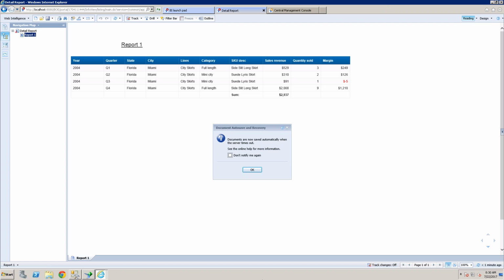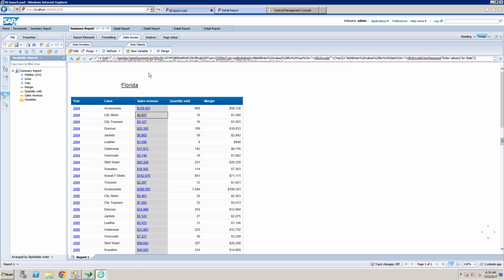See, 2937. And if you click on 3740, it will display the 2004 data of a specific product, and the specific state will pass to the detailed report. So this is a way we can link one report to another report. Okay.